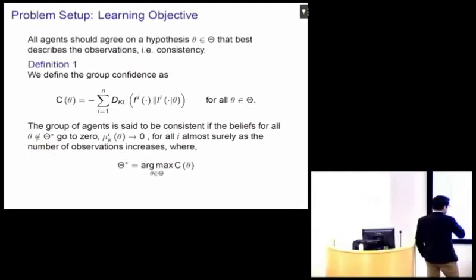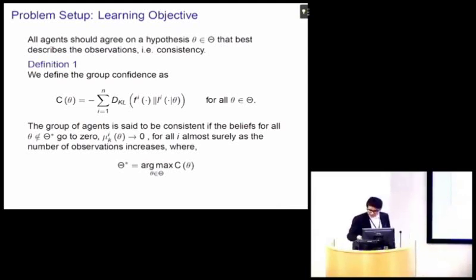So remember, we have certain stochastic processes happening for which we don't know their distribution. In this case, this is F, right? So this is an unknown probability distribution, but we have a set of models of what might be happening. And we want to find which hypothesis, which of our models, is the closest to the actual thing. Remember, F is unknown. These L_i are our models. So we want to solve this optimization problem, which is to find the theta in this set that is the closest to the true distribution of the observations.